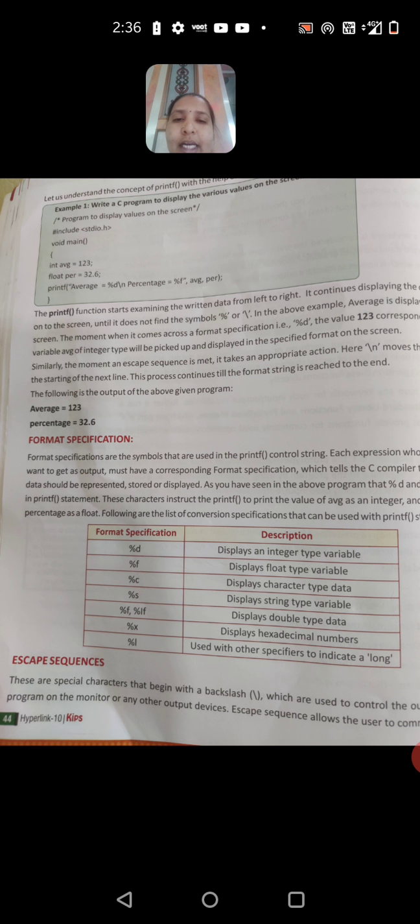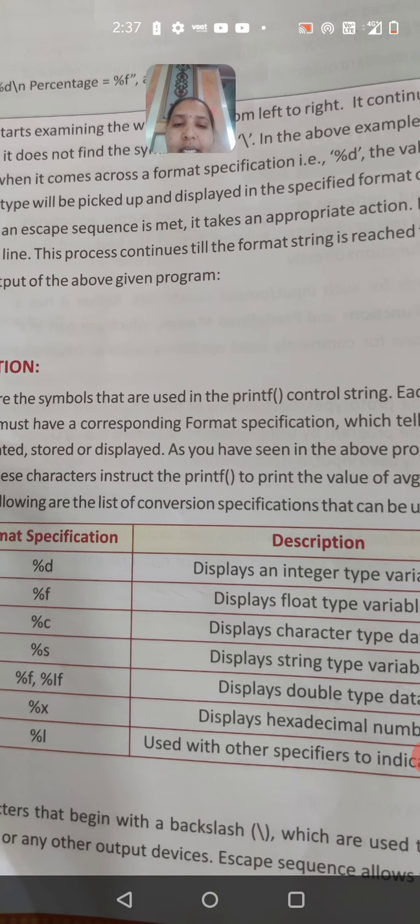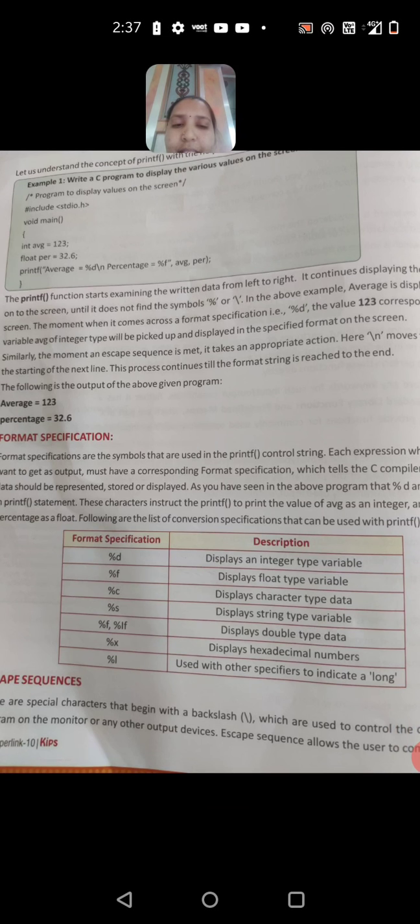Then format specification. What is the format specification? As I said earlier, format specifications are the symbols that are used in the printf control strings. See here, there are some format specifications with the description. %d will display the integer type value, %f displays the float type variable, %c displays the character type data, and %s displays the string type variable, the remaining are the same.